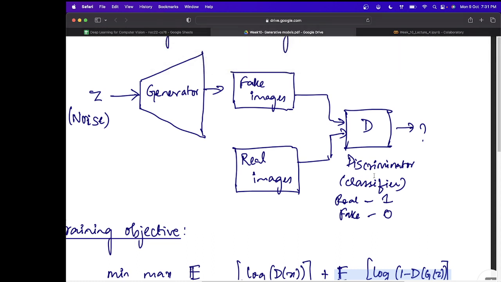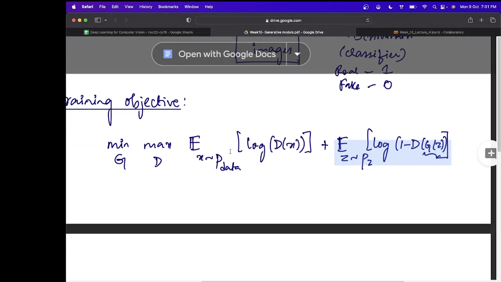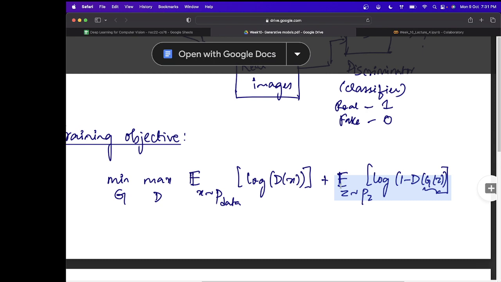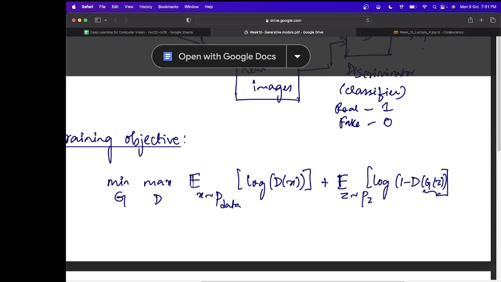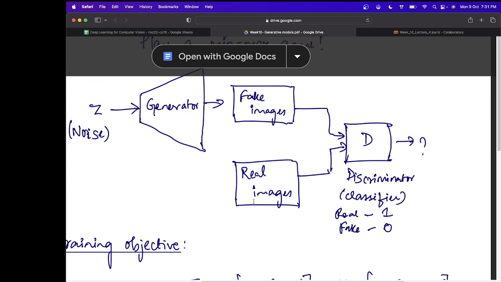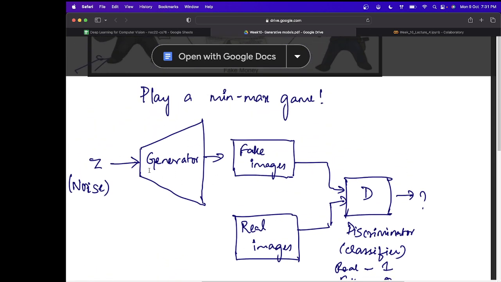Now we'll have to think of how the generator performs. So what does the generator want? The real images are not in the hands of the generator at all. So you can see that if you go by the arrows, there's no connection between the